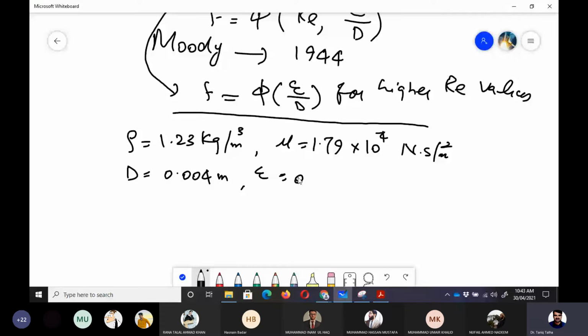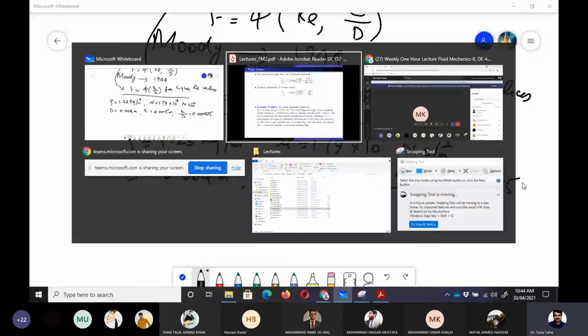If we want to calculate epsilon upon d, which is the relative surface roughness, that would be equal to 0.0015 divided by 0.004, and using the calculator, it is equal to 0.000375. Up till here we have written the data, and then the velocity is